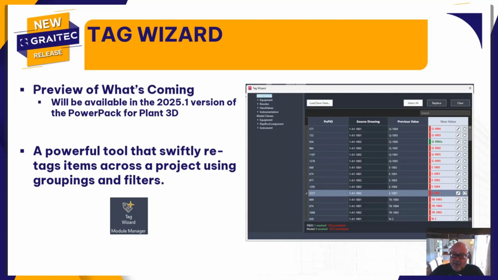This is a powerful tool that's going to help us re-tag items across an entire project using groups and filters. So if you've used our copy drawings command and you've copied a load of drawings from an existing project, but maybe the tag format is not the way that you want it to be, because maybe it's come from a particular project that had a particular standard. You know, it might not be your project, it might be someone else's that you've worked on. You want to reuse the data. Reusing the data doesn't always mean that the data is correct,